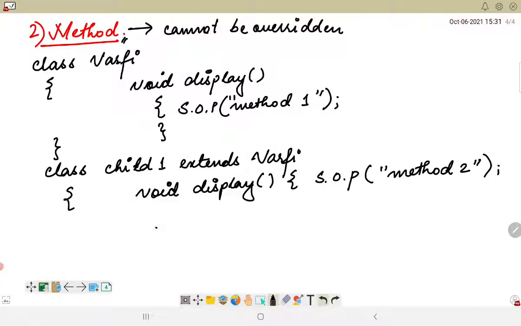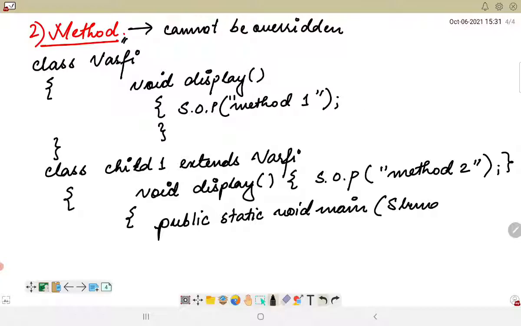This is the closing of the inside method. Within this I will also have public static void main with string arguments, and I'll have the method body here. Then I'll close the child class.